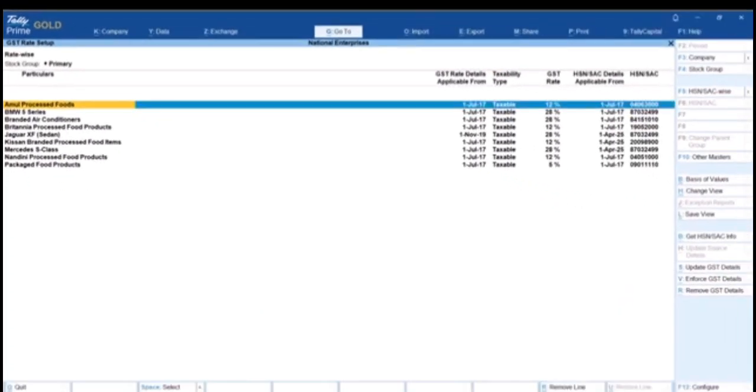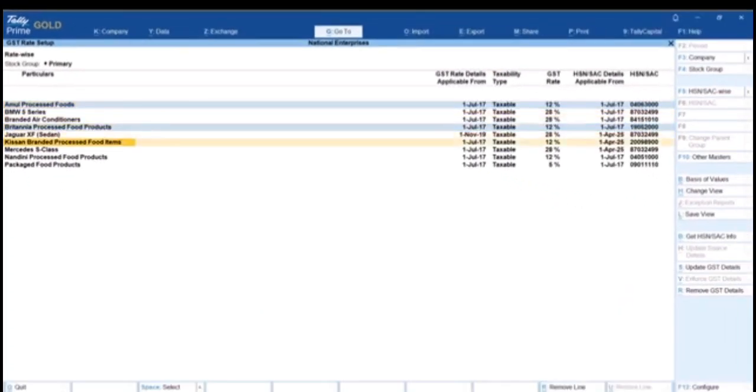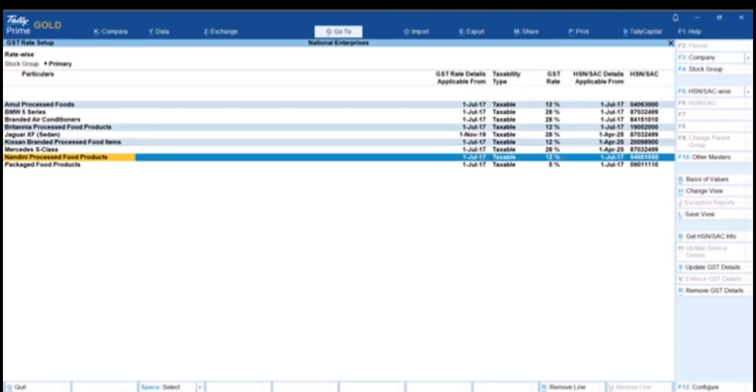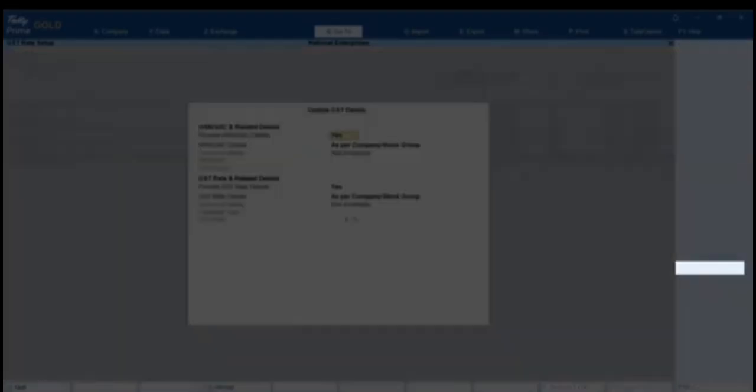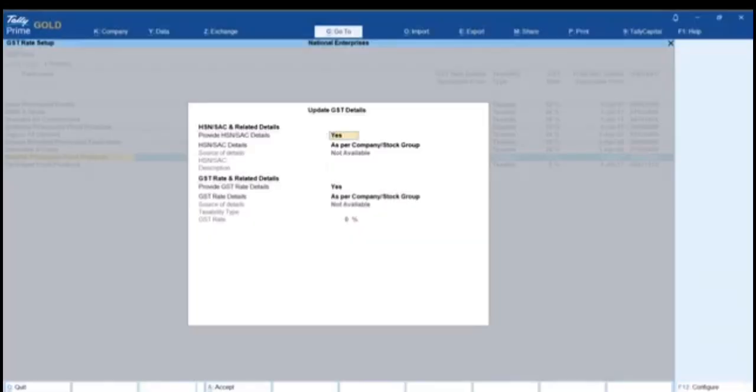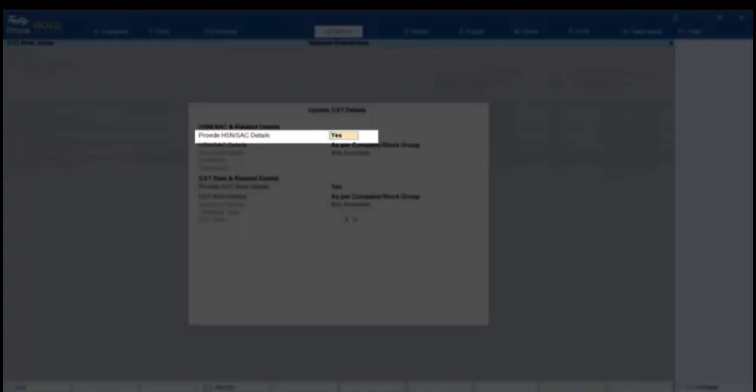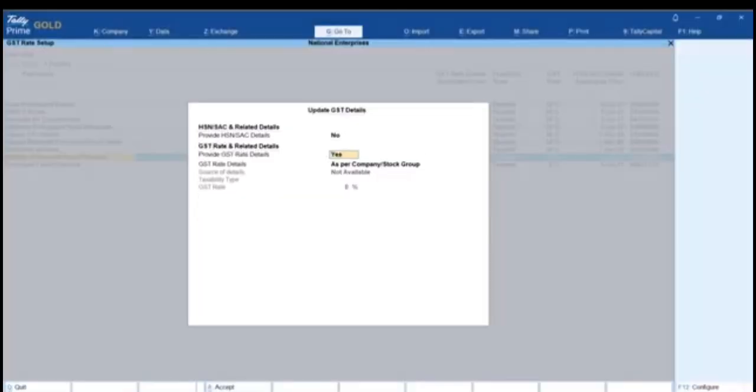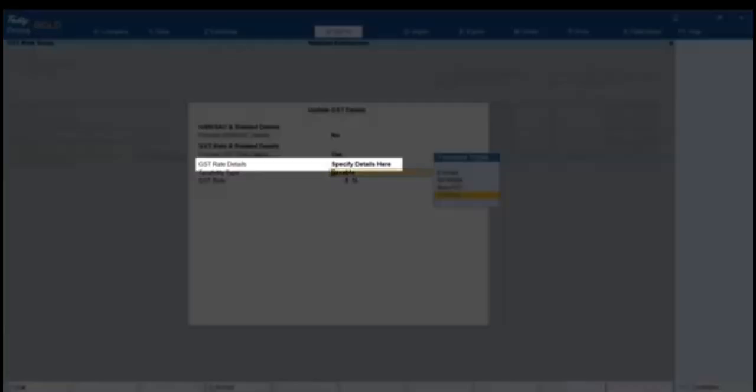Select the stock groups which are now going to be in the same tax rate category using the space bar. Press Alt+S or click Update GST Details. Set the option Provide HSN SAC details to No. Select Specify details here in the GST rate details field.